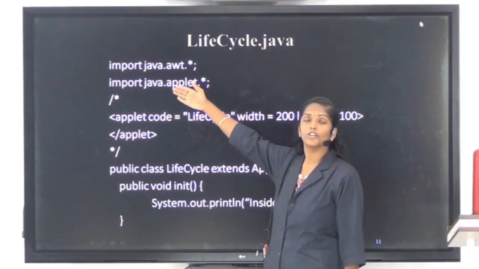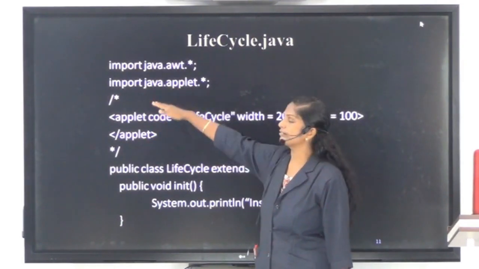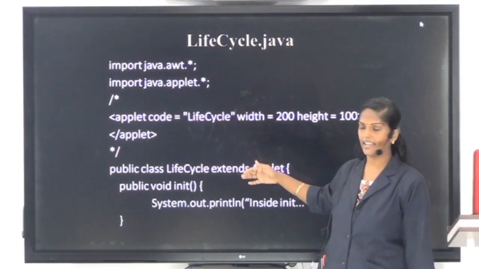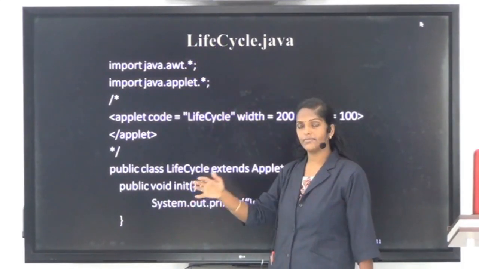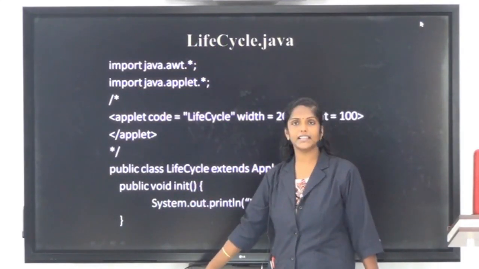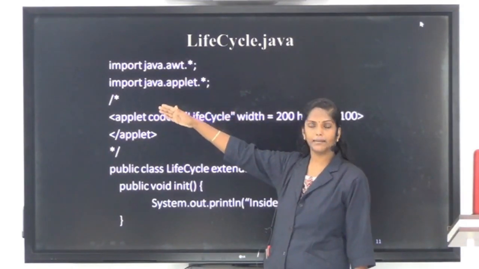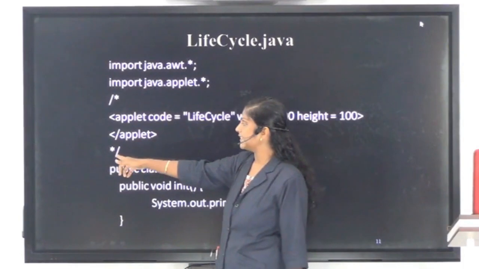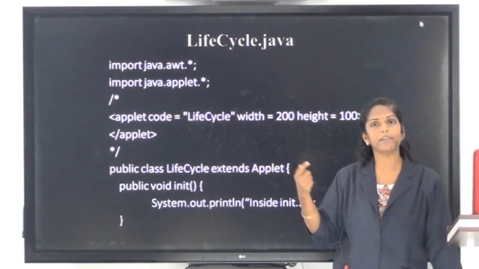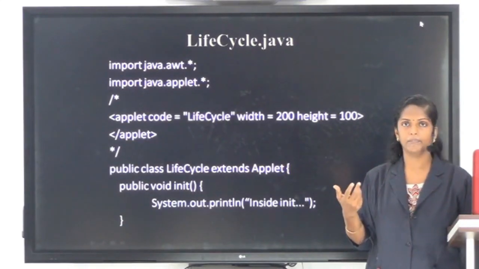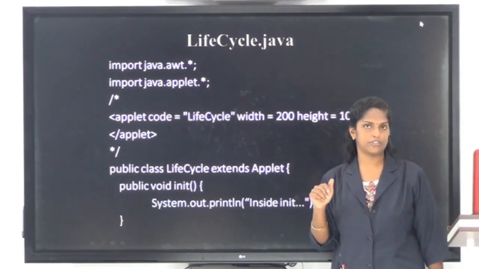So this is the class. I am importing two packages, java.applet.* and java.awt.*. Then I have our applet code. This piece of code can be placed anywhere in our file. Either it can be placed at the beginning of the file, or as we have seen earlier, at the end of the file, or after the import statements. When the javac compiler compiles this program, it will ignore comments as usual, whereas our appletviewer will execute this piece of code.